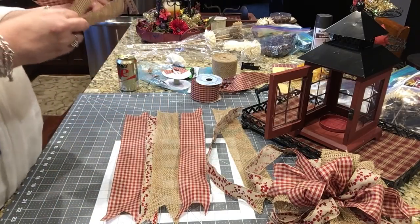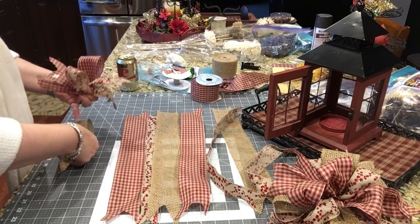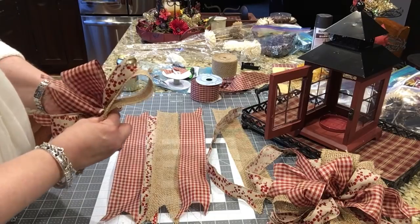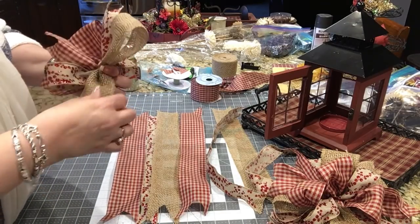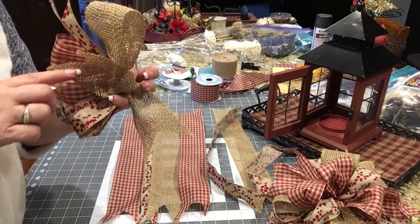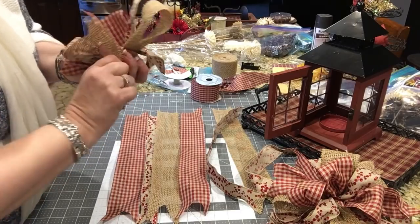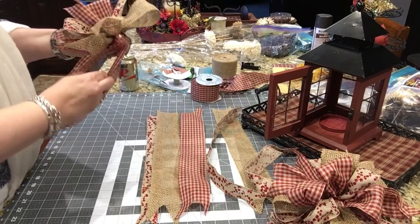Again, just fold it in half, go to about 4.5, and we're going to go the other direction. And this is really stiff ribbon. It's nice. Go underneath. I hold that with my pinky too. I grab that with my pinky kind of, and I don't think I've ever said that, and twist. And you just work your way